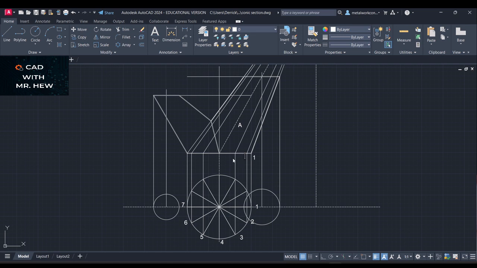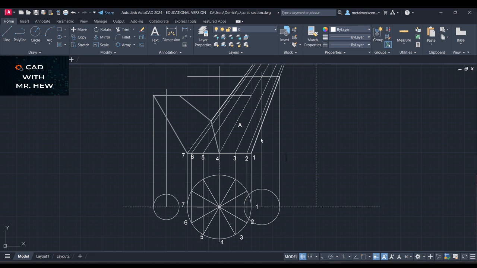This would be two. This one would be three. This one would be four. This one would be five. This one will be six. And the last one out here, that will be seven on the front elevation, all right, for the oblique cone